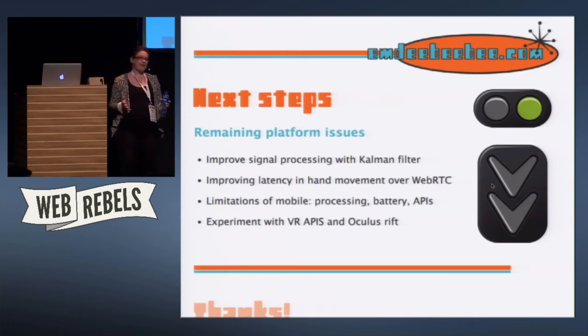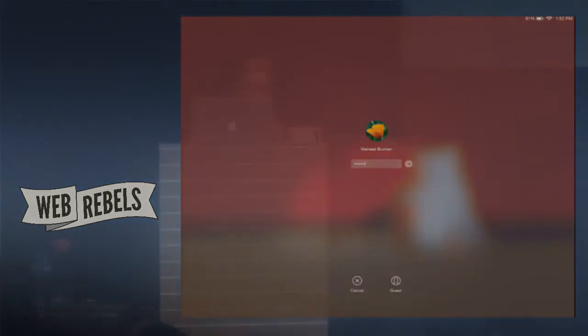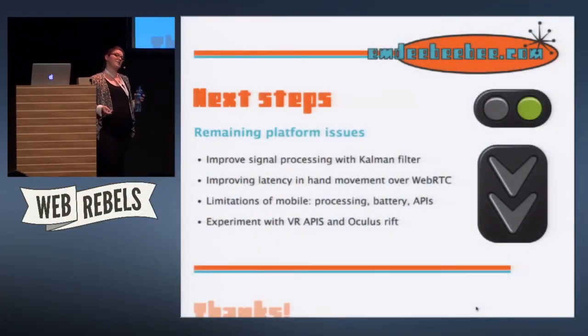I have issues with the mobile that I mentioned, so you've got your processing power and the battery. The alternative to using the Google Cardboard is that you can do it with an Oculus Rift, and they're not exactly like-for-like technologies because the Oculus Rift is another device that's plugging into your USB port. So it takes out a whole layer of that WebRTC stuff that you don't need to be doing because you've got two devices connected to the same computer by your hardware rather than over a web network. But it also means that you need to be using the WebVR APIs,